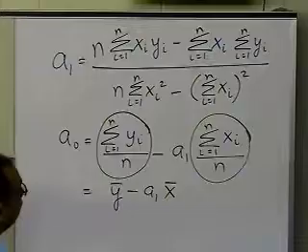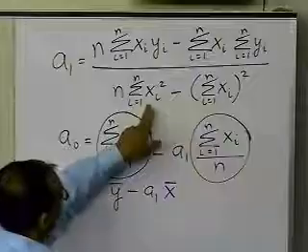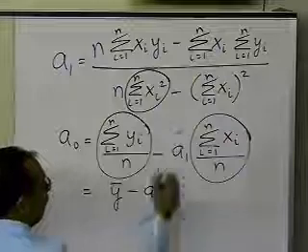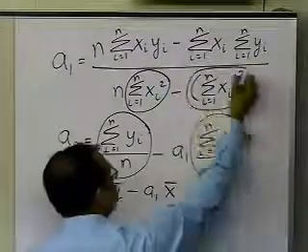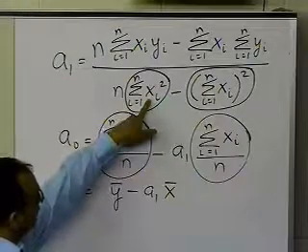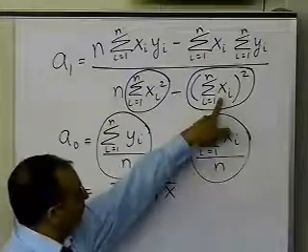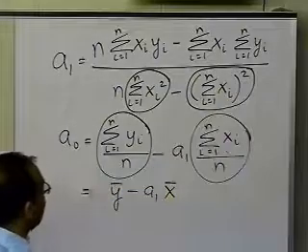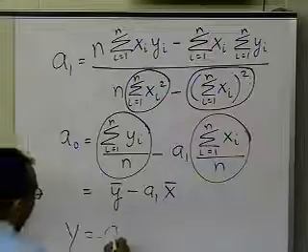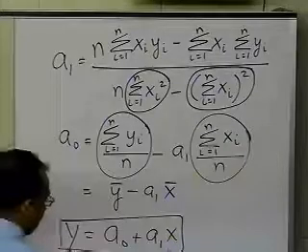Now, one of the things you have to understand, where people make a lot of mistakes, is this and this. Look at this expression where you are summing the squares of the x values, and here where you are squaring the summation of the x values. These are two different quantities. Here you square each x value first and then add them all up. Here you add all the values of x, and whatever you get as a summation, you then square it. That's something to be careful about when you are applying these formulas to develop the linear regression formula of y equals a0 plus a1 x. And that's the end of this segment.